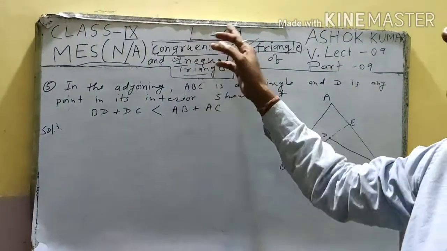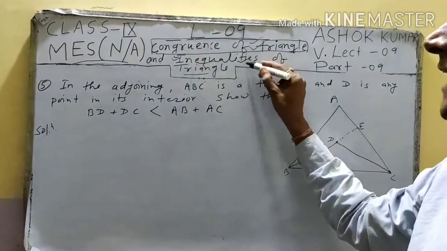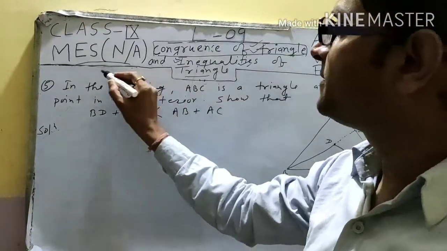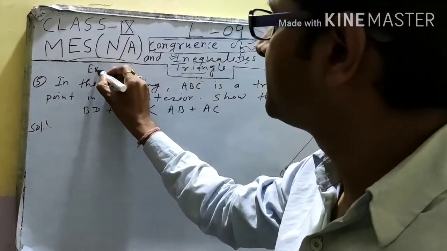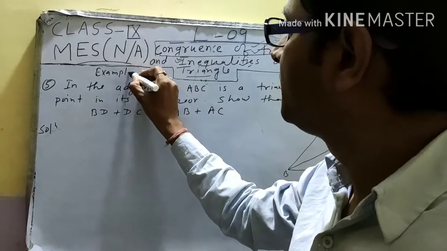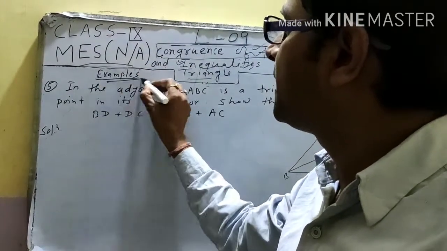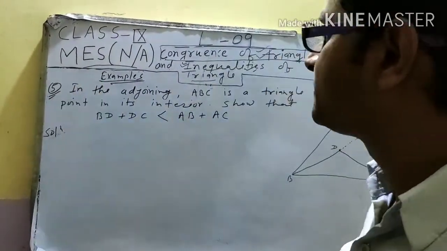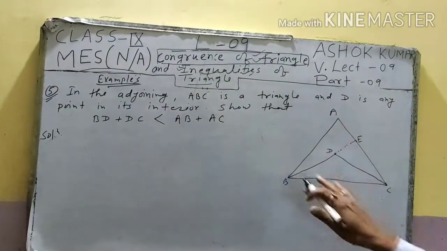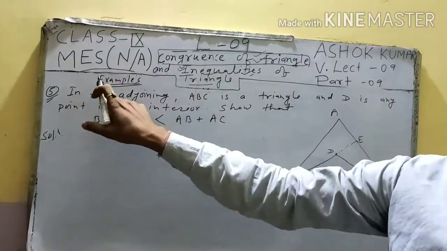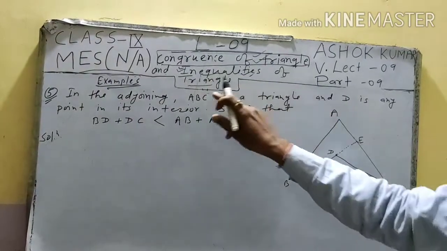Again student, lesson 9, inequalities of triangle. Examples. Here student, examples, question number 5. In the adjoining figure, this figure is given here, that's why written is, in the adjoining figure, ABC